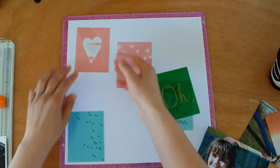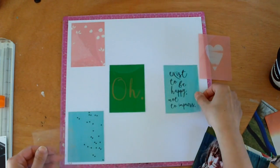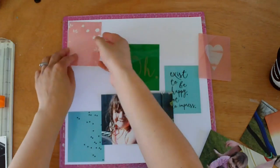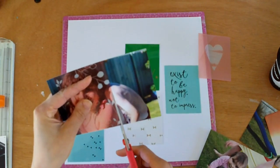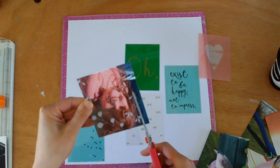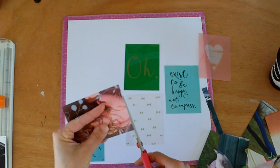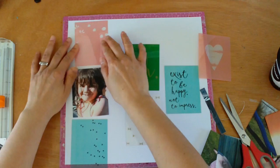And when I started this layout, I knew that I wanted to lay them out like I've got them now, but mix it up with some photos as well. So I've used 3 photos that I took, would have been this year. Although the one of my little one was taken Boxing Day, so end of last year, beginning of this year, but last summer anyway. So I just used one of the cards to trace around the edge, or just cut around the edge of the photo, and